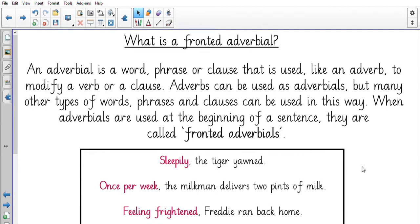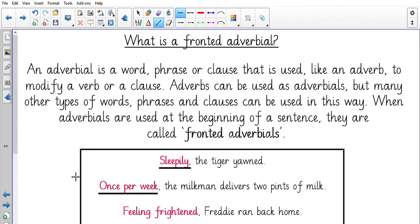So we've got some examples here of fronted adverbials. I'm going to underline them so you can see. Sleepily, the tiger yawned. Once per week, the milkman delivers 2 pints of milk. Feeling frightened, Freddie ran back home. Okay, now this is giving us more detail because if we look here,